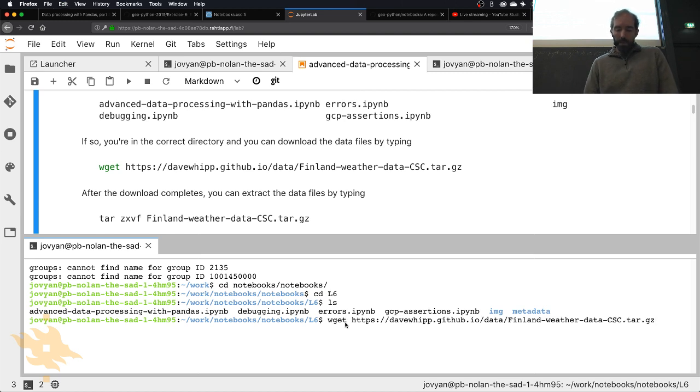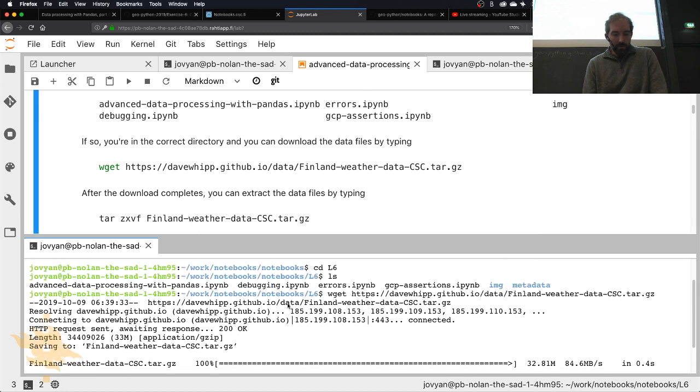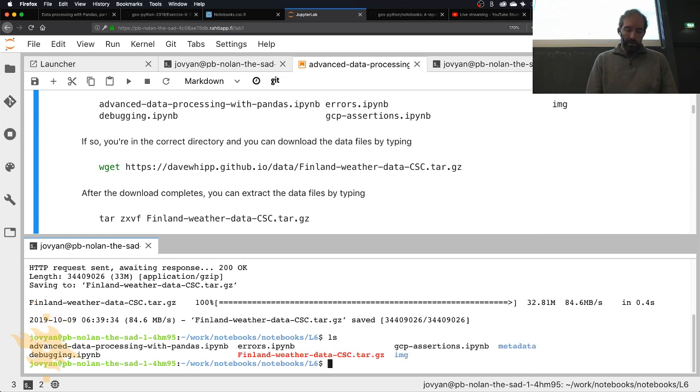you can copy paste that into the terminal and hit enter, and you should start seeing some stuff about how the files are being downloaded, maybe some kind of status bar or something like that. It runs pretty quickly, at least for me. You can see it only took a second there to download the files. But that should basically pull down our data file. You can type ls again if you'd like, and you should now see this Finland weather data